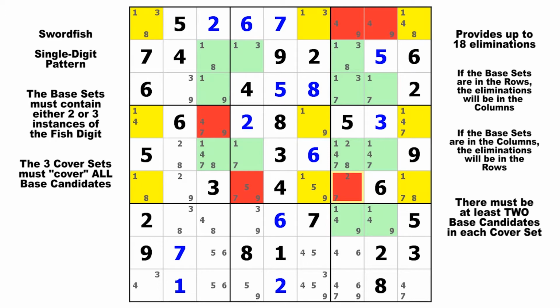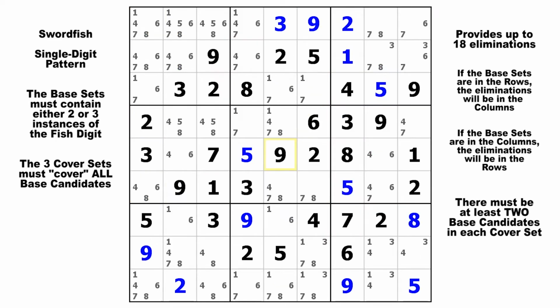Okay, and lastly, let's take a look at candidate 6 in columns 3, 4, and 9. There are your 3 base sets, those 3 columns, so we can eliminate all the candidate 6s out of the 3 rows that intersect with those yellow cells. So where are they? Well,